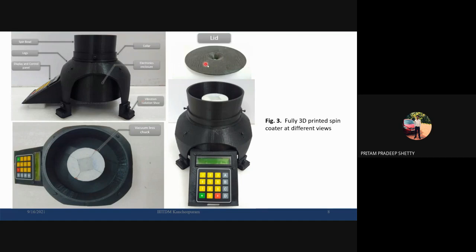This is the lid which I talked about. This is inspired by a flower which has a deep groove at the center, and this is actually at the center of the substrate, right? If I place it over this drum, it will be very much self-centered. If you pour a liquid over this, it will just fall over the substrate exactly at the center, allowing you to not worry about the centering of the fluid. So you will get a uniform coating. This is the control panel with display.